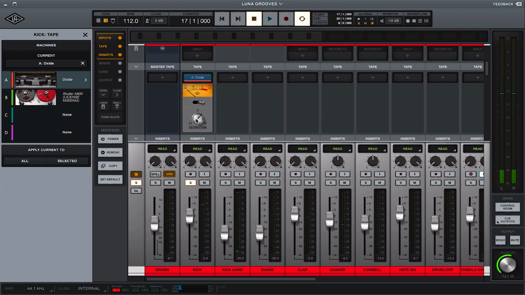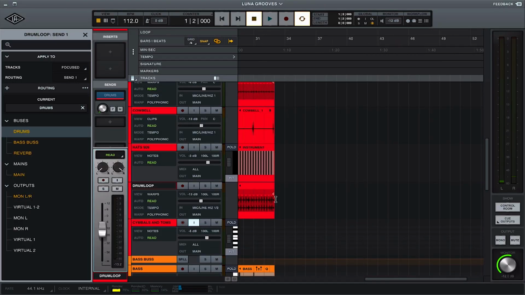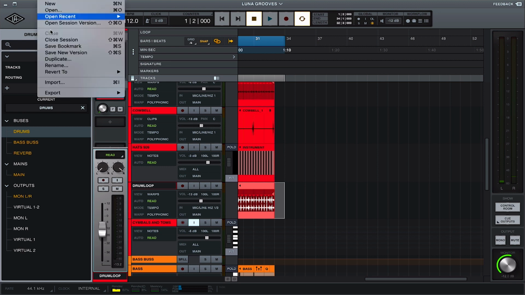I really like that. I'm a big fan of just subtle saturation, especially on drums, and I think this will really make things come to life. Okay, so now that we have our mix about where we want it to be, we can go ahead and export. So what I'm going to do is I'm going to go ahead and select to the end here and just add in a little tail for things to fade out,